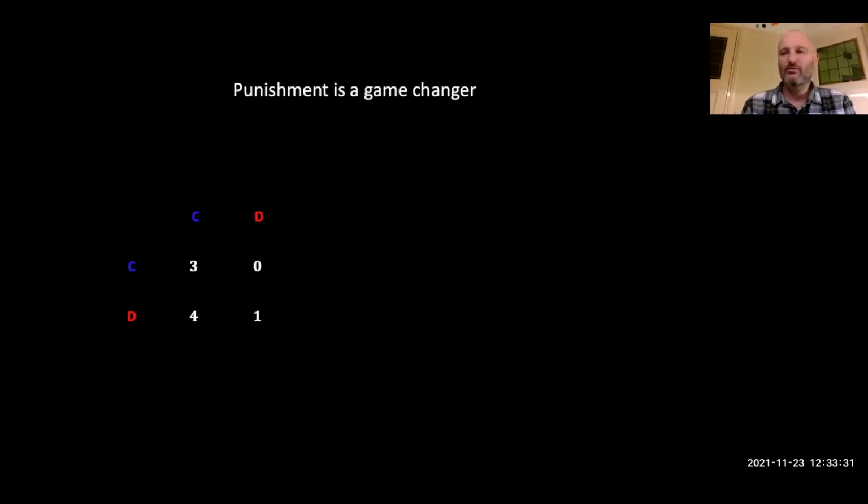Now, what I would like to suggest is that if we look in terms of commitment, then that can be fruitful in explaining punishment as well. So punishment is a game changer, right? If you change the game from a prisoner's dilemma without punishment to a prisoner's dilemma with punishment, that's really different. So the standard way of looking at this is to say, well,